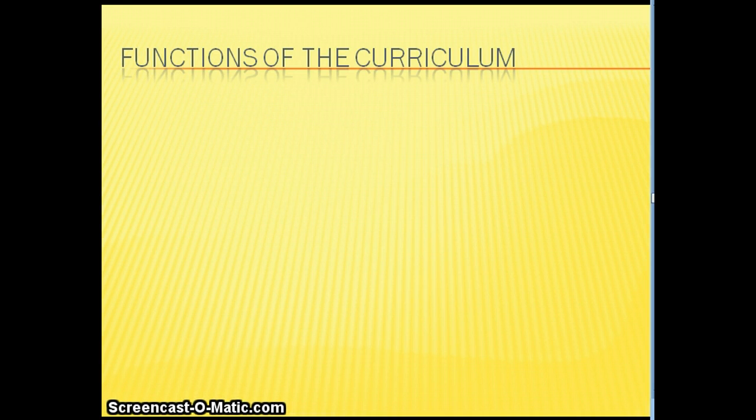So we mentioned earlier that one of the things that curriculum developers and curriculum planners need to do is figure out what the purpose of the curriculum is. And so part of determining what the purpose is, is determining the function of the curriculum. So what function will it serve? And at the institutional level, the school level, you can think of it as, there are a few different functions